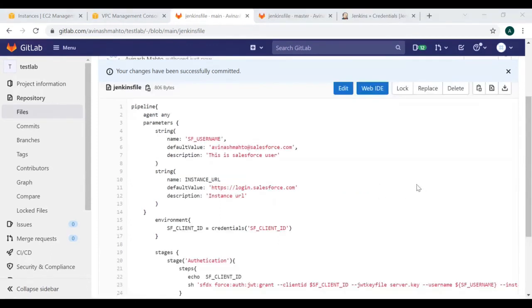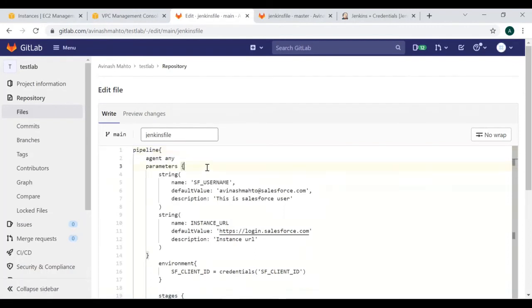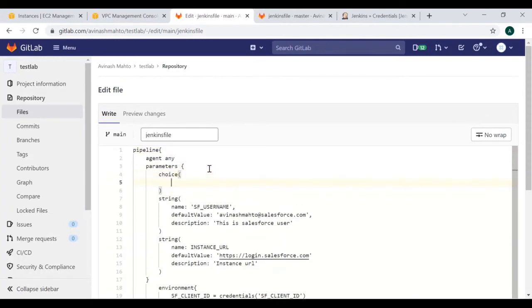Okay guys, so as explained earlier, now I am going to show you the use case of the choice parameter, and I am going to define one choice parameter here. So you can define choice here. Guys, the syntax is exactly the same.